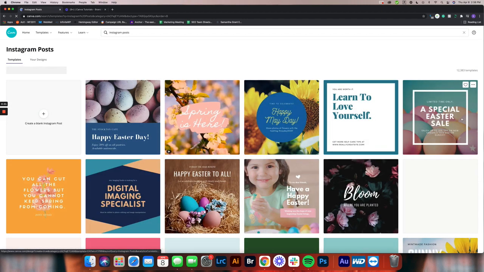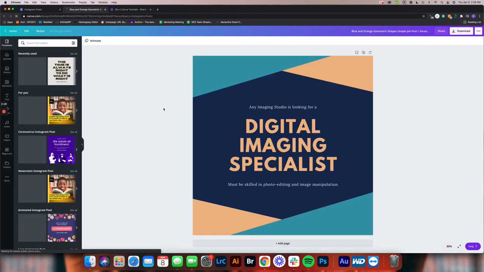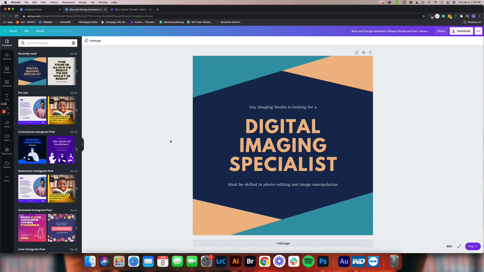Oh man, okay, I just hit see all, that's my bad. Let's do this one. So I'm going to click on it and it'll open it up in a new window for me. So if I change my mind and want to go back, I can do that. So all of these elements in this template can change colors, and they can change fonts, and they can be altered to be on par with our